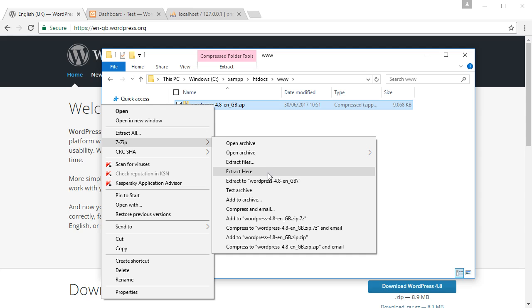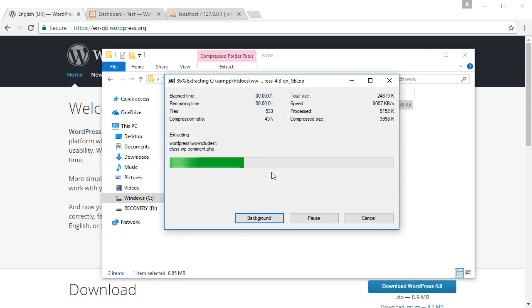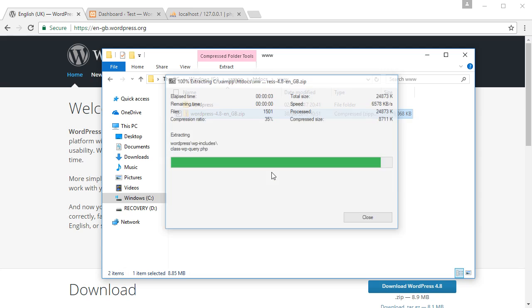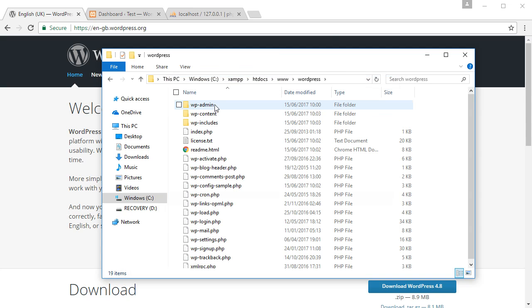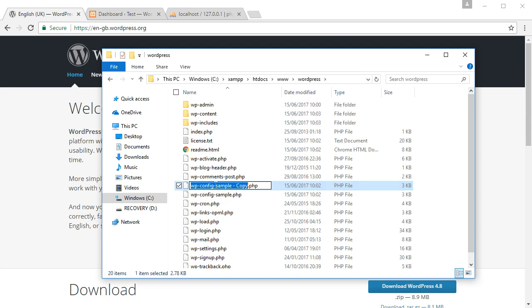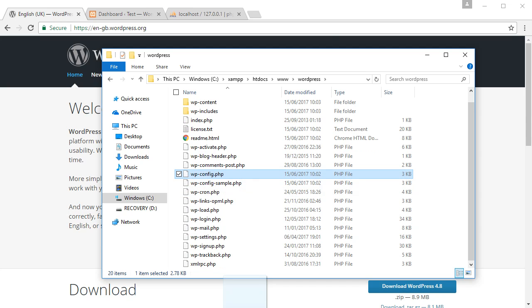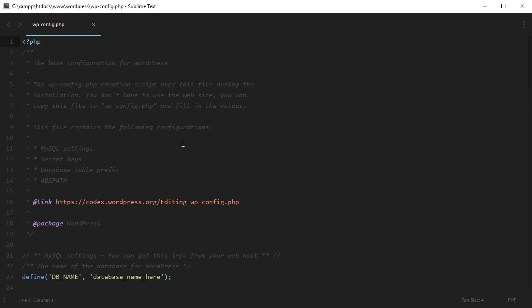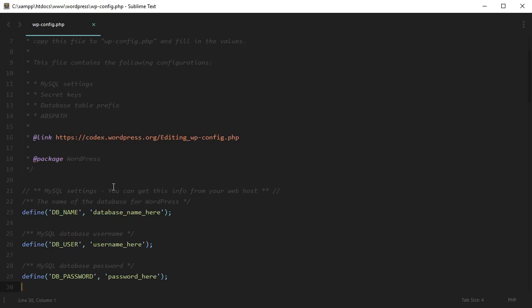Next I need to extract the contents here, and you'll see that once that's extracted it will create a folder called WordPress. And what I actually need to do is create a copy of this wp-config-sample.php file, paste that, and rename it so it's wp-config.php. And here, this is where we're going to set up the configuration files which connect to our database so that WordPress can install. Let's go ahead and open this file in your text editor, and we need to define a